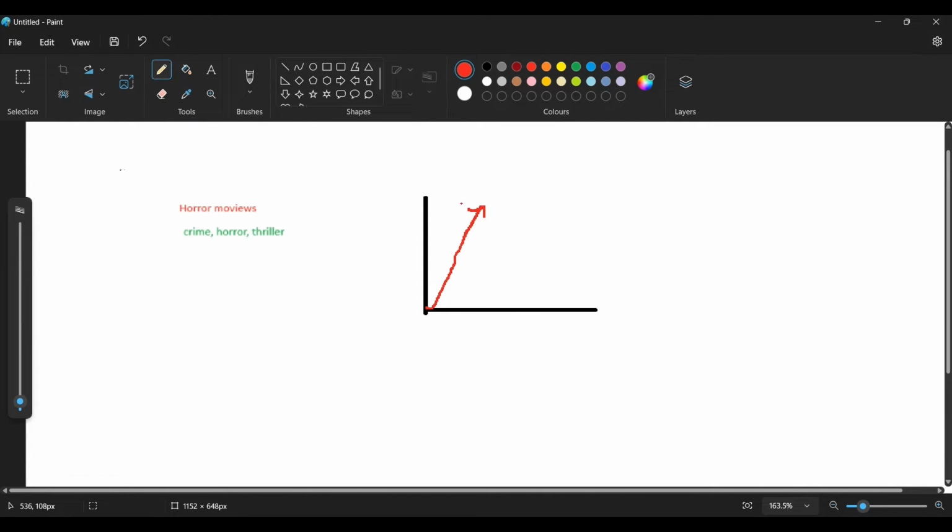A vector has a direction and a magnitude, isn't it? As we have learned in mathematics classes, maybe not primary school, but higher secondary school, a vector has a direction and a magnitude. So imagine our horror movie sentence is converted to this vector, and the movie description is converted to an embedding, a vector that looks like this.